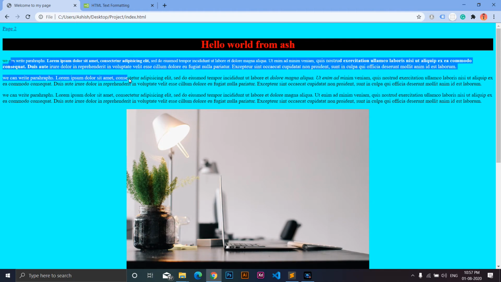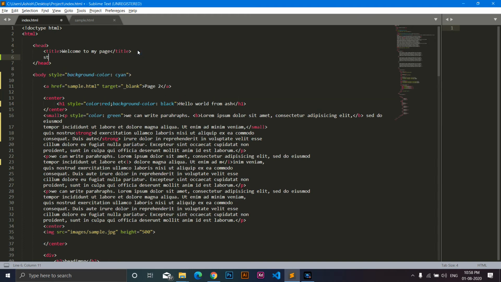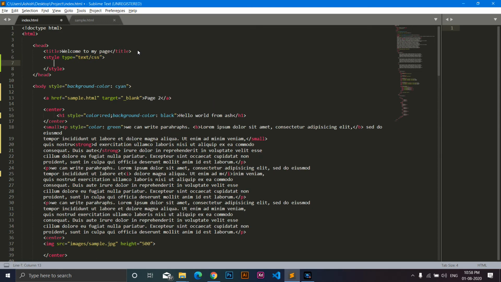Now if I want this green color for all of our paragraphs, you can write this style color green inside all the p tags, but this is not a good idea to write the same styling again and again. For this purpose we use internal CSS. What you are seeing here is inline CSS. The inline CSS is applied to the tags directly. To use internal CSS, we can use the style tag inside our head tag. After title we can write style, and inside this style tag